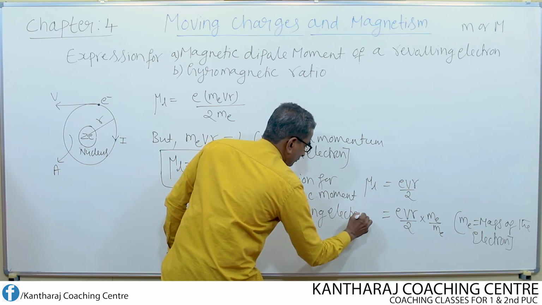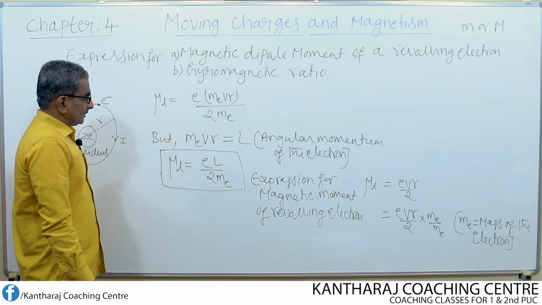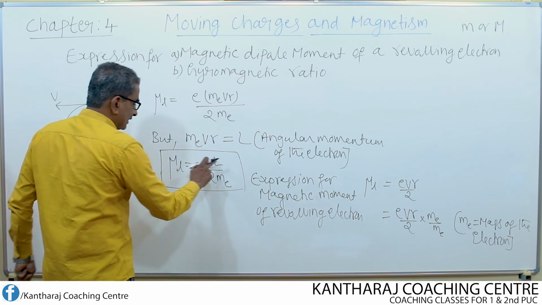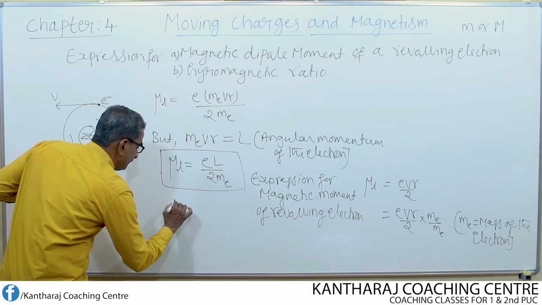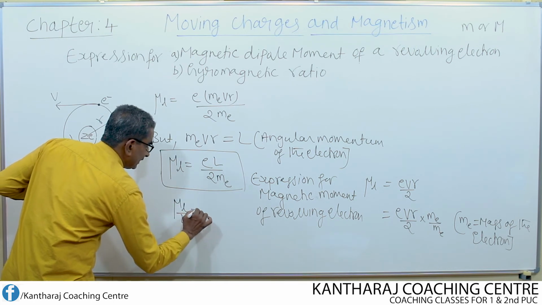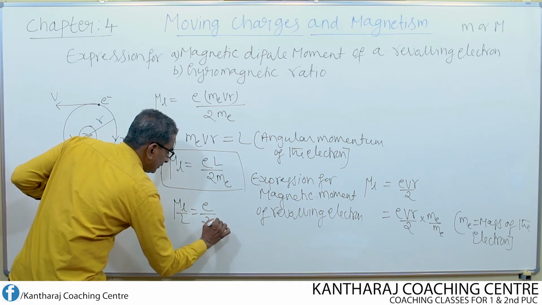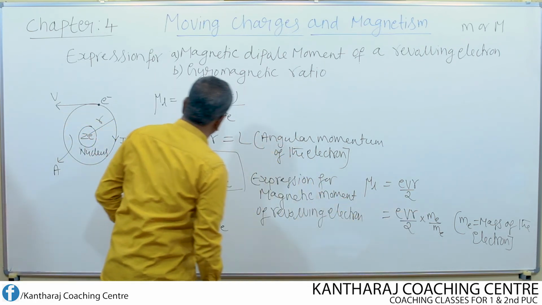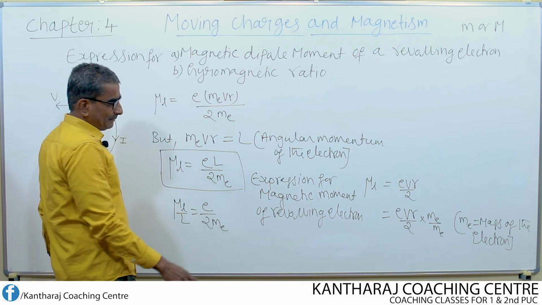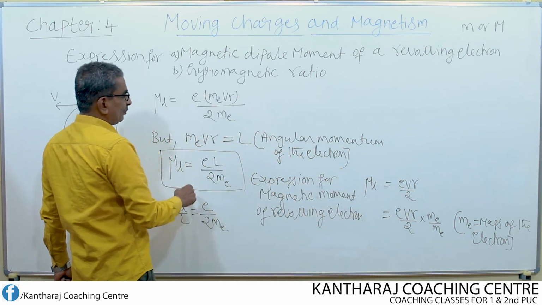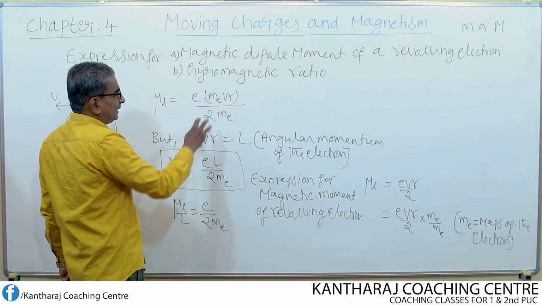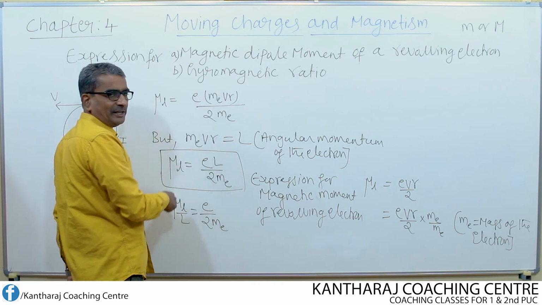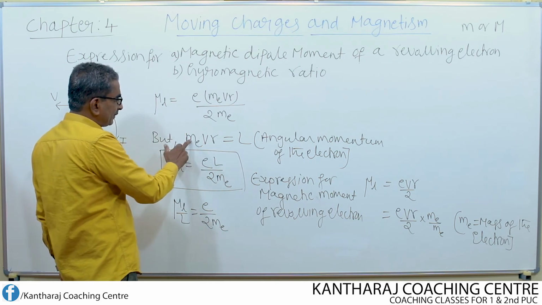Now here I can write this equation also like this: mu L by L equal to E divided by 2 into ME. So just by multiplying and dividing by ME, we got this equation. What is the purpose of multiplying and dividing? In order to obtain the value for angular momentum. If there is no mass, then we cannot write the angular momentum, because angular momentum is the product of all three. It becomes easy to substitute for MEVR.